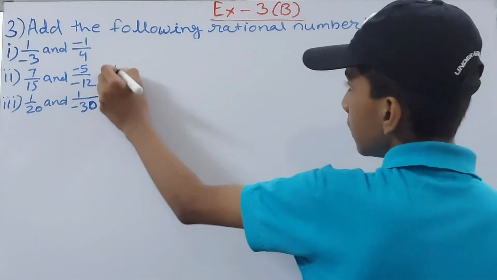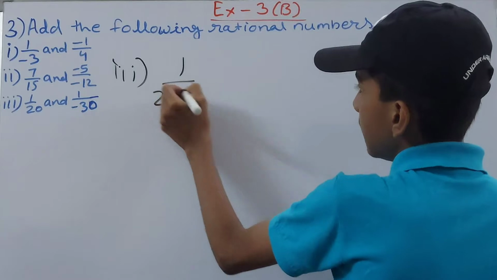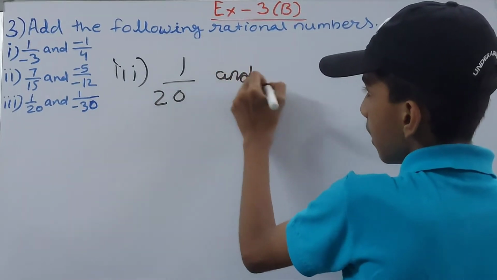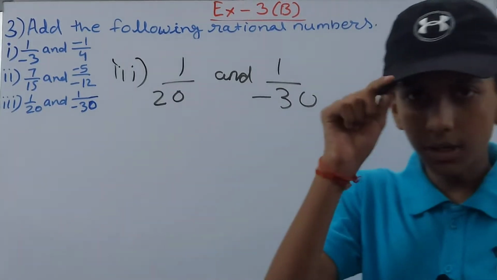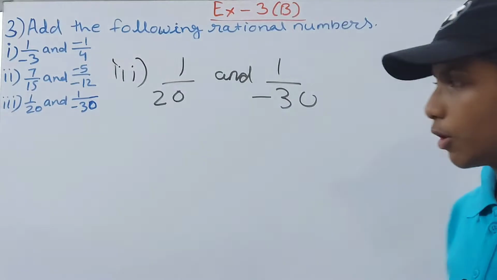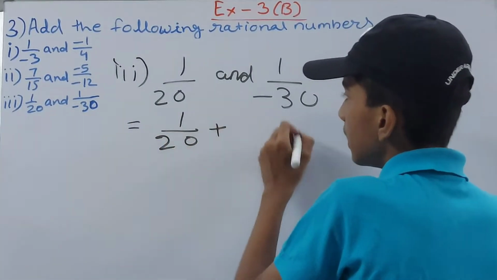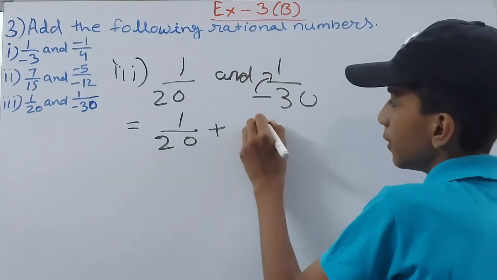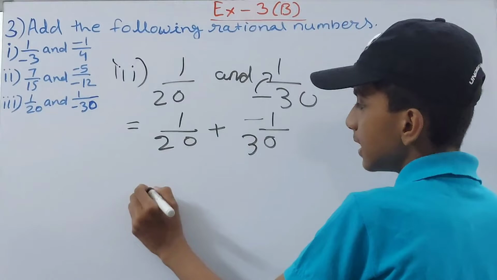So this is the third part, and this one is 1 upon 20 and 1 upon minus 30, right? So same thing here. You can see that first of all we change this into the standard form. So 1 upon 20 will be as it is, plus this minus sign gets taken to the numerator, so minus 1 upon 30, right? 20 and 30, their LCM will be 60,